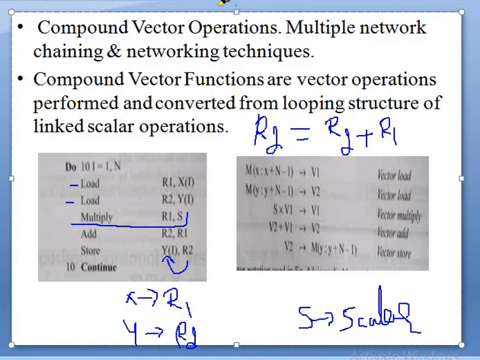Now, how does the program convert when we write the similar program in terms of vectors? Now we are writing a vector load. How do we get a vector load? We have to give from where to start and till what value to fetch: base, stride and length.